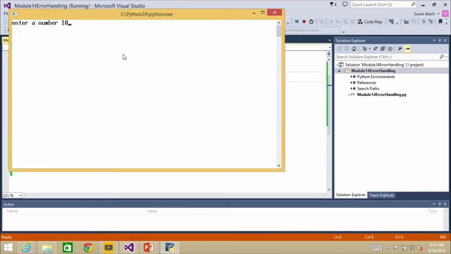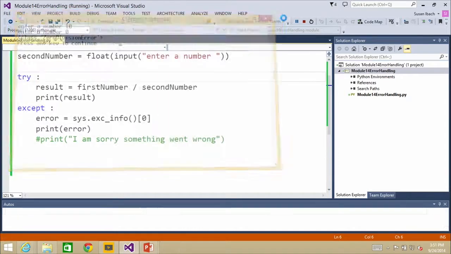So now when I enter 10 and I enter 0, I can actually see there's a class 0 division error. Except the user, this isn't going to be that meaningful for them, but if they're calling support and saying, hey, I had this problem, that's going to help the support team figure out why they're getting this error message in the code and hopefully fix the problem so the user can get their job done. Yep. And that's actually really important.